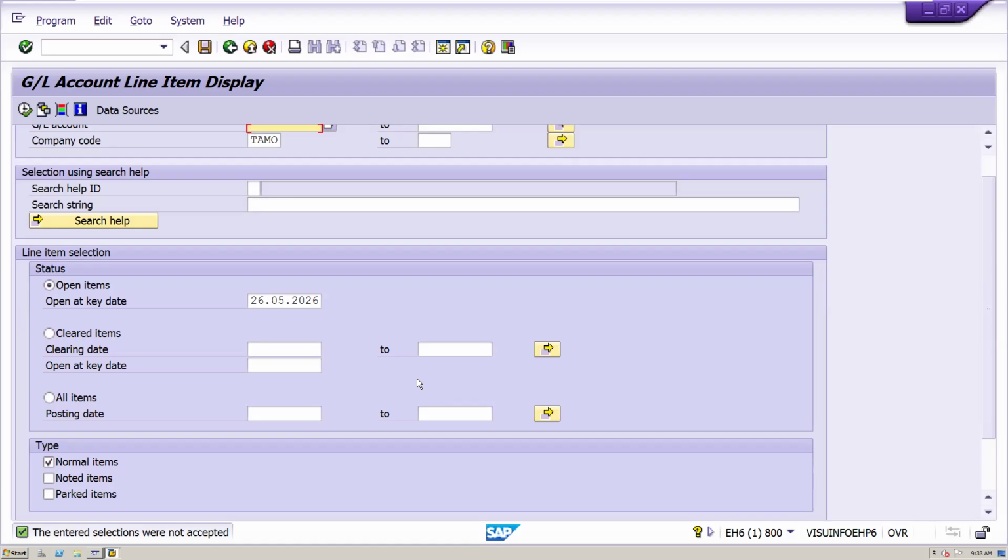If you want to purchase goods and services from vendor XYZ, the vendor expects some amount in the form of advance from our side. How we update these transactions in our system is with the help of noted items, that is, with the help of special GL indicators.